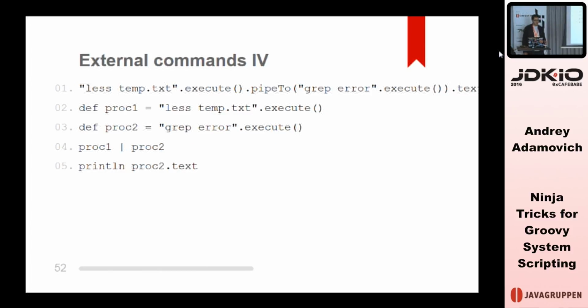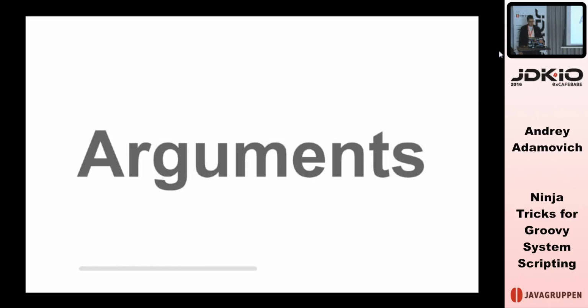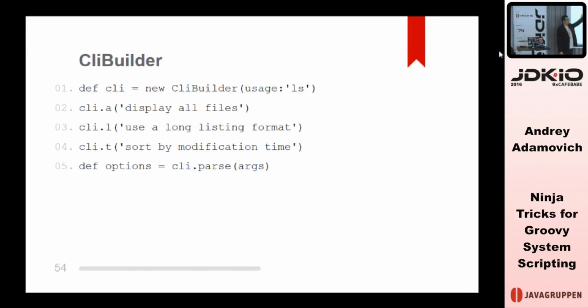Another thing is that Groovy also defines this pipe operator, where this is the long form of doing this. But you can also use the pipe operator to actually combine two processes and stream the output of one process to another process. So it looks very much like what you would do on the command line, but in this case, it's fully Groovy code. Also, of course, your scripts most likely will have some arguments, and Groovy has a class called CliBuilder, which you can use directly